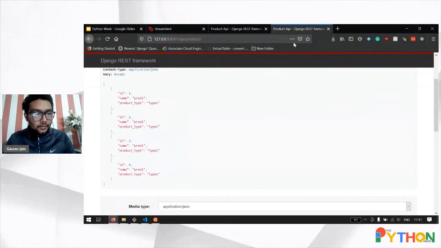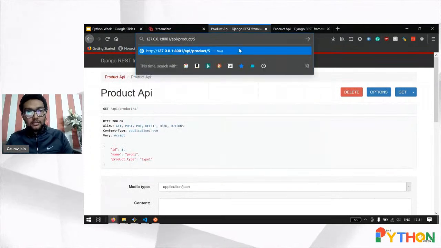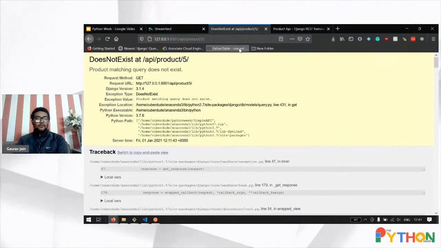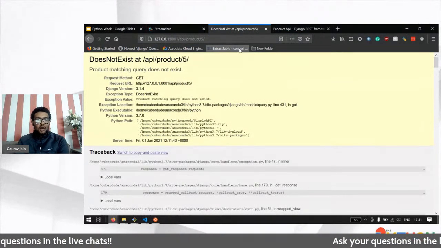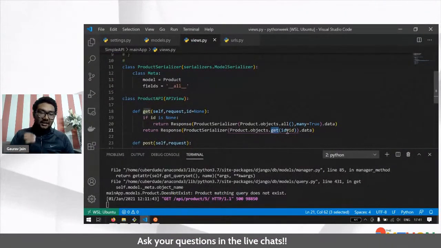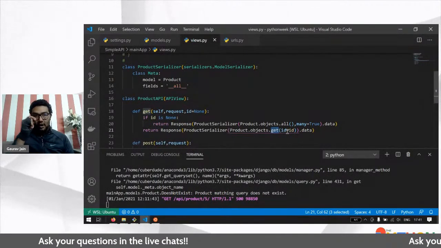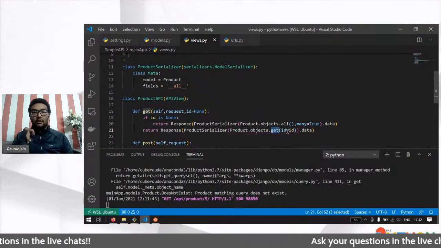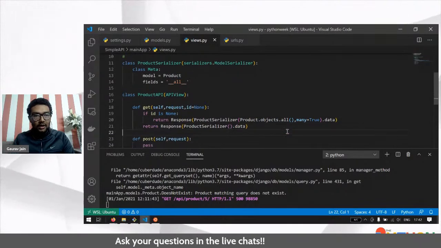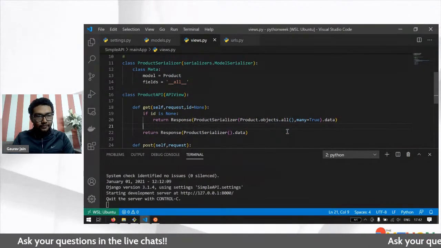Now, we only have IDs 1, 2, 3, 4. What if I give ID 5? What do you think should happen? So this is Django just panicking, because the command I used here, get, expects that the output of this query is going to be one and only one object, one output, right? So what we're supposed to be doing here actually,